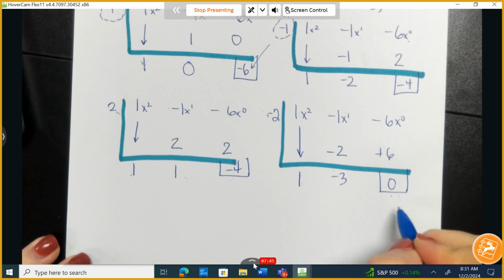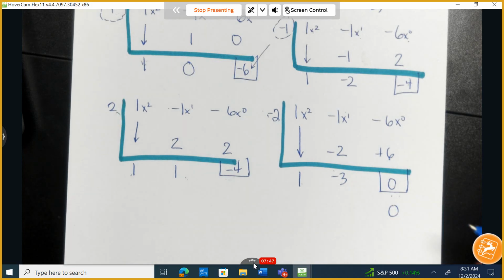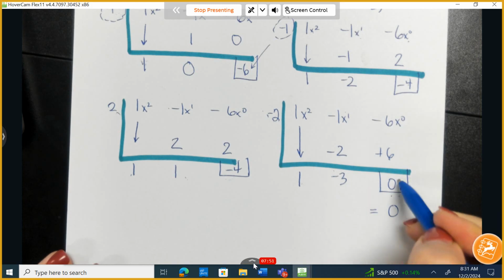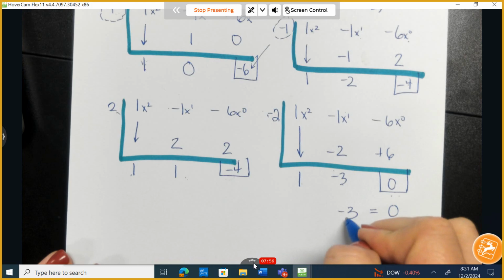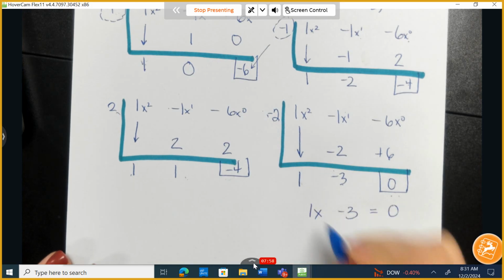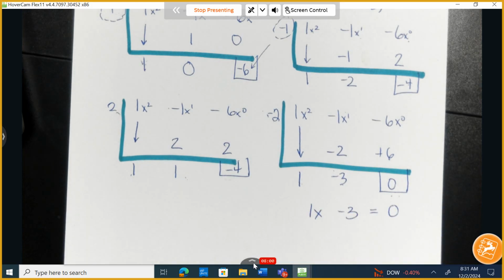Okay, everybody write this down. There's 0, and we will actually work backwards. So instead of going left, right, we're going to go right to left. So 0 equals, the first one has no x's, so no x's. The second one has 1x. Ready? You have 10 seconds to solve for x. Most of you can do that in your head. Go. 10, 9,